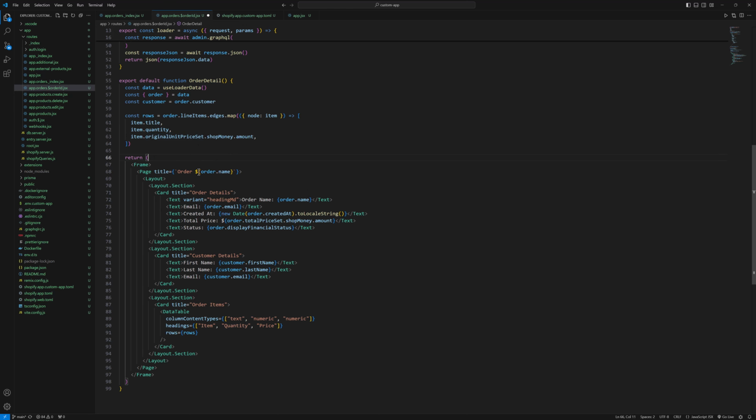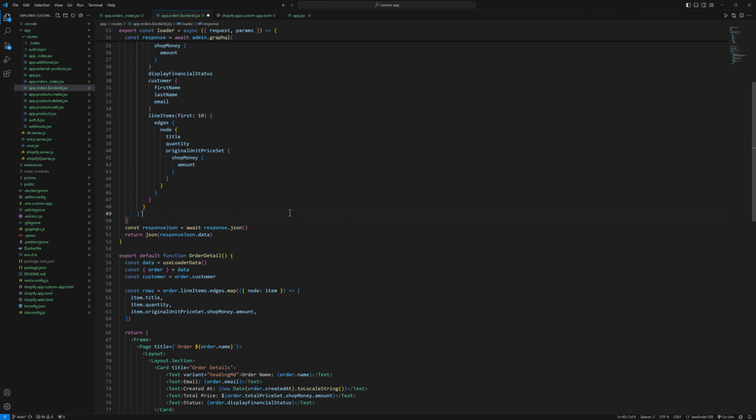and in the return function we have Frame, Page, Layout, and in the first card we have order name, and then order email, createdAt when the order was created, and the total price, status, and in the next card we have the customer information, and in the table we have all the line items. So let's save that